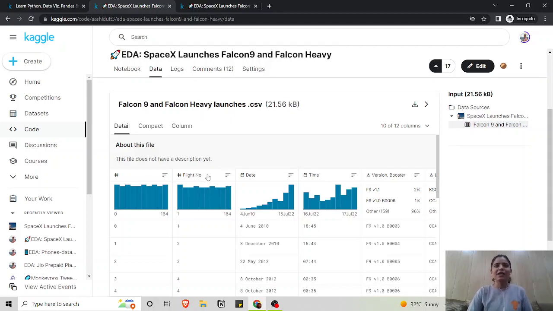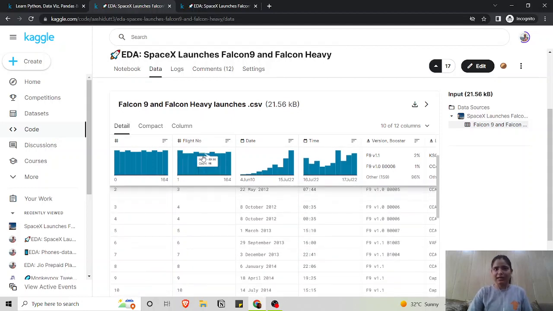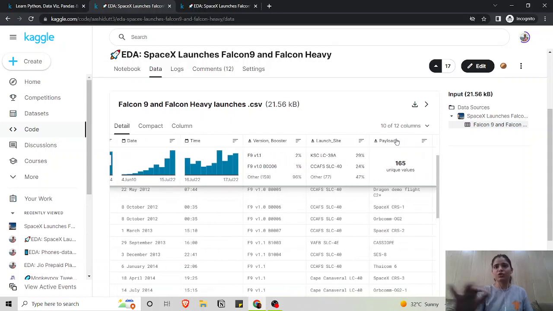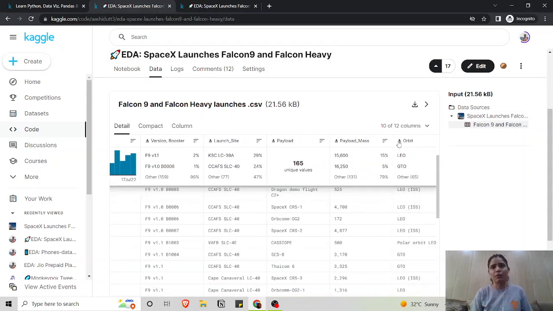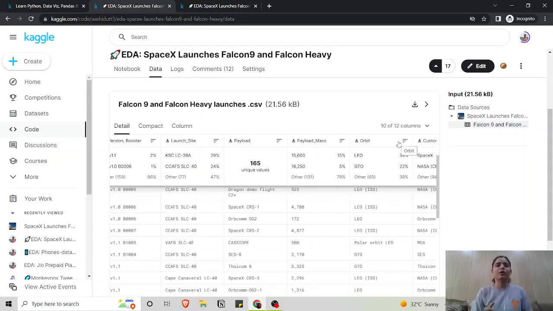So here we have the flight numbers of the flight, the date of launch, the time of launch, which version or booster was used for the launch, which launch site was used, what the payload was like, what the mass of the payload was, and which orbit the rocket was put in.